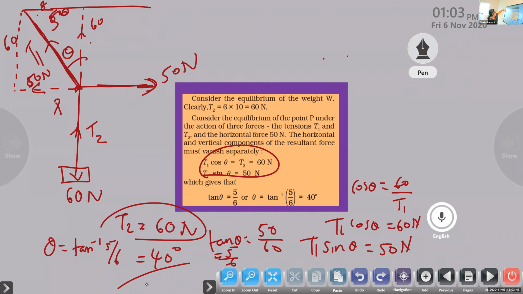Everyone, please draw this one. That will be better to understand. Ma'am, if you don't know the angle, we can simply stop at theta equal to tan raised to minus 1 of 5 by 6. Yes, if I am not given the angle, you can. Otherwise, options will be given: tan inverse 5 by 6, or tan inverse 6 by 5. Whichever answer you get, you can pick it from the question paper.